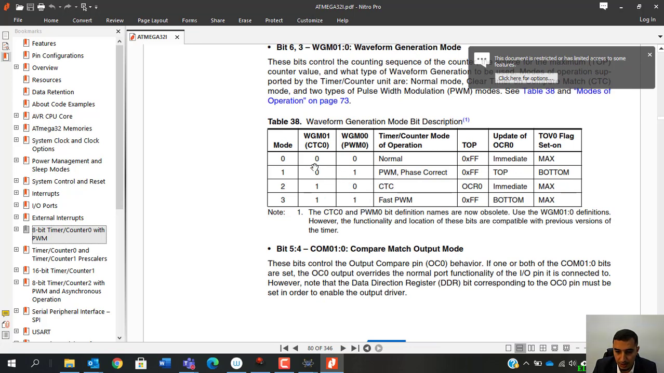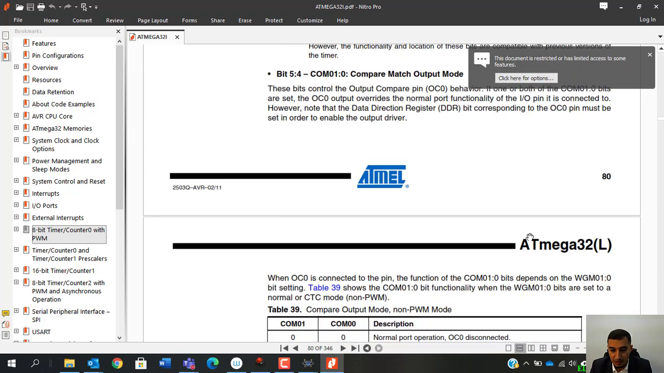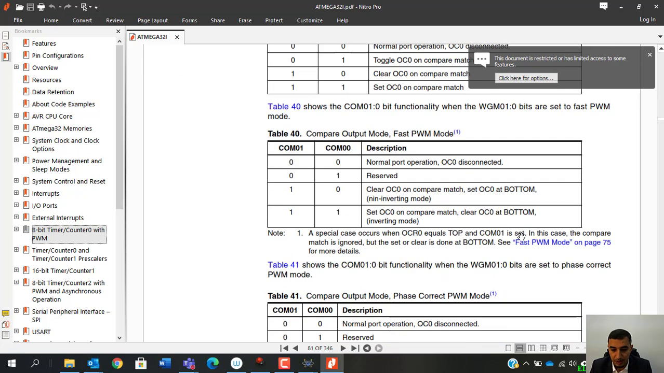this is the wave generation mode. We selected 00, which, as you can see here, is normal. The top is FF. Update of OCR0 is immediate, and the timer overflow is set on max. So I can select which value I want the timer to overflow, and max will basically be put into the